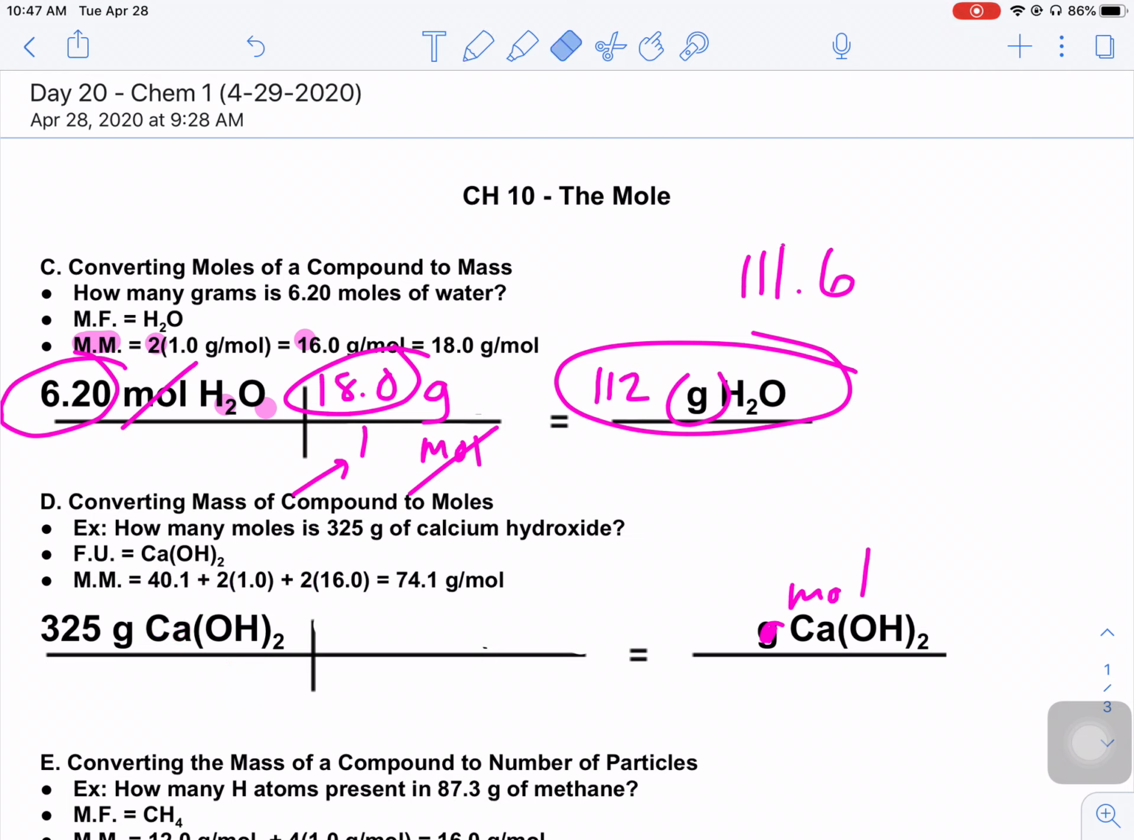So step 1 is we got to get the molar mass. And step 2, we want to convert from grams. So if we want to cancel grams, we're going to put that on bottom. We want to end up in moles, so we're going to put that on top. So 1 mole of calcium hydroxide is about 74 grams. Get your calculators out, and you're going to do 325 times 1, and then divide by 74.1. And my calculator gives me